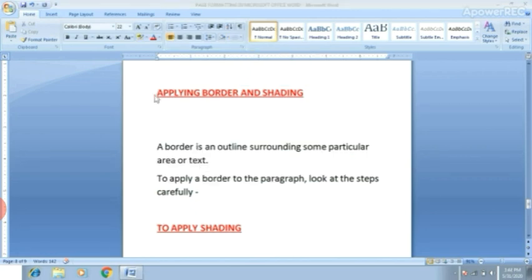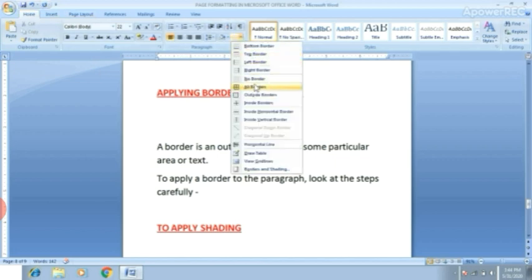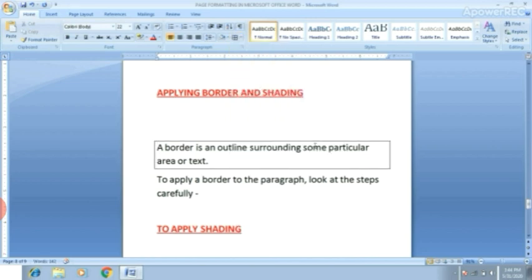From the paragraph group, select border option. Again students, I am repeating the definition. A border is an outline surrounding some particular area or text. Clear? So click on Home tab, then select paragraph group and then click on border option. As you can see, the border is inserted in that paragraph.